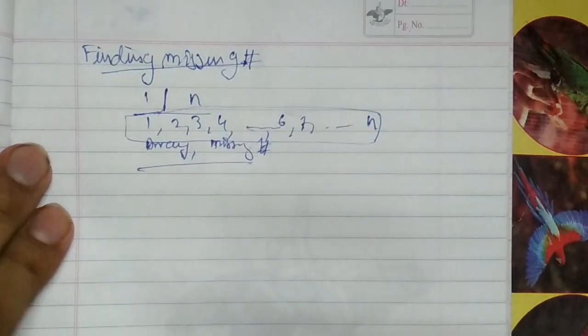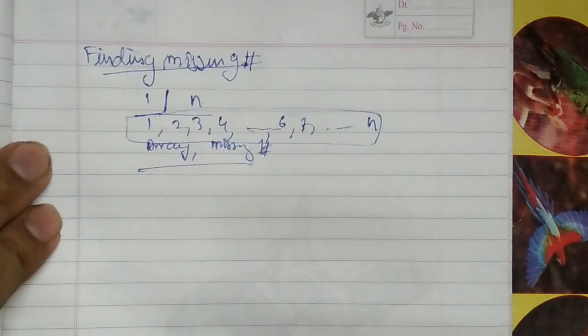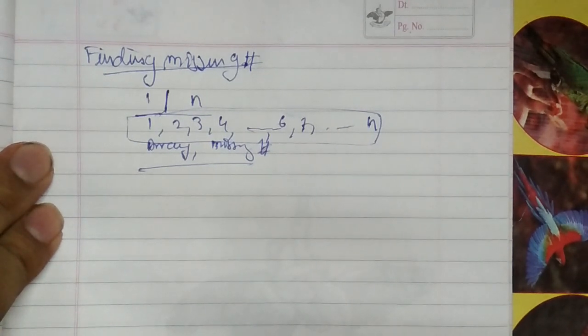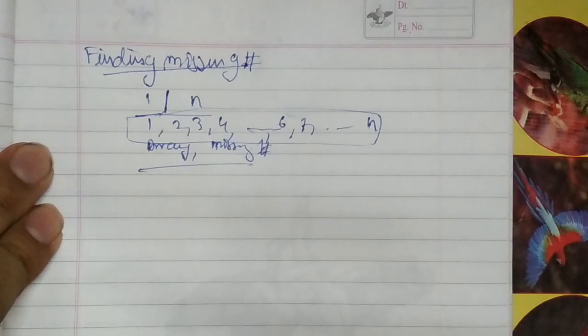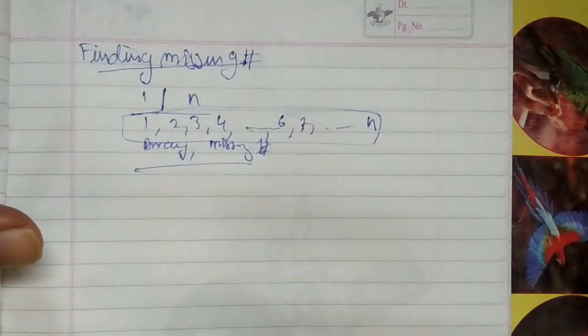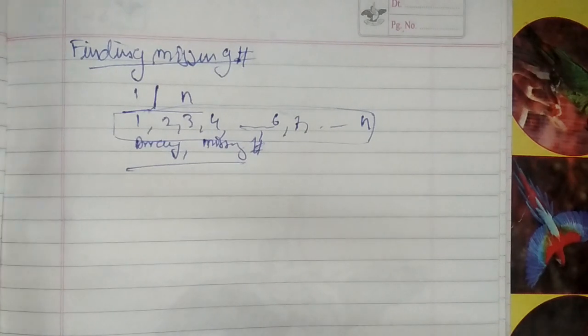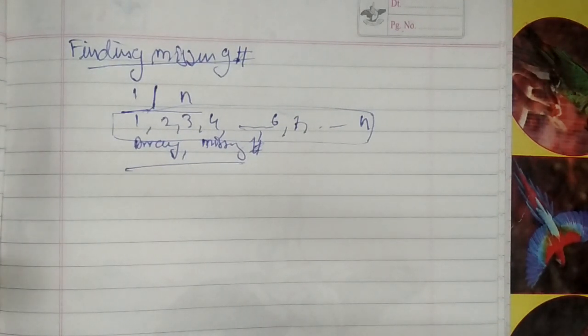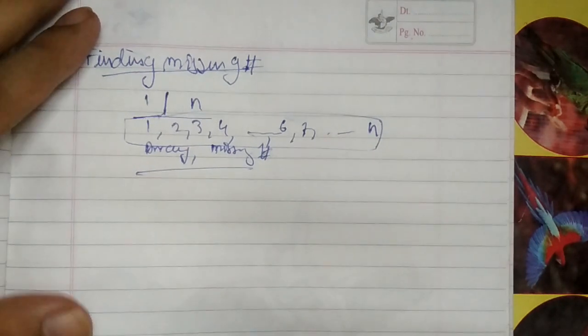Step number 2, give a brute force solution. What is the brute force solution? Brute force solution, or the simple solution or the naive solution, is the simplest solution that comes to our mind. When we are solving a question, no need to solve it with the most optimal solution. In fact, it is expected that you will come up with a brute force solution first, a less optimal solution, and then optimize from there.